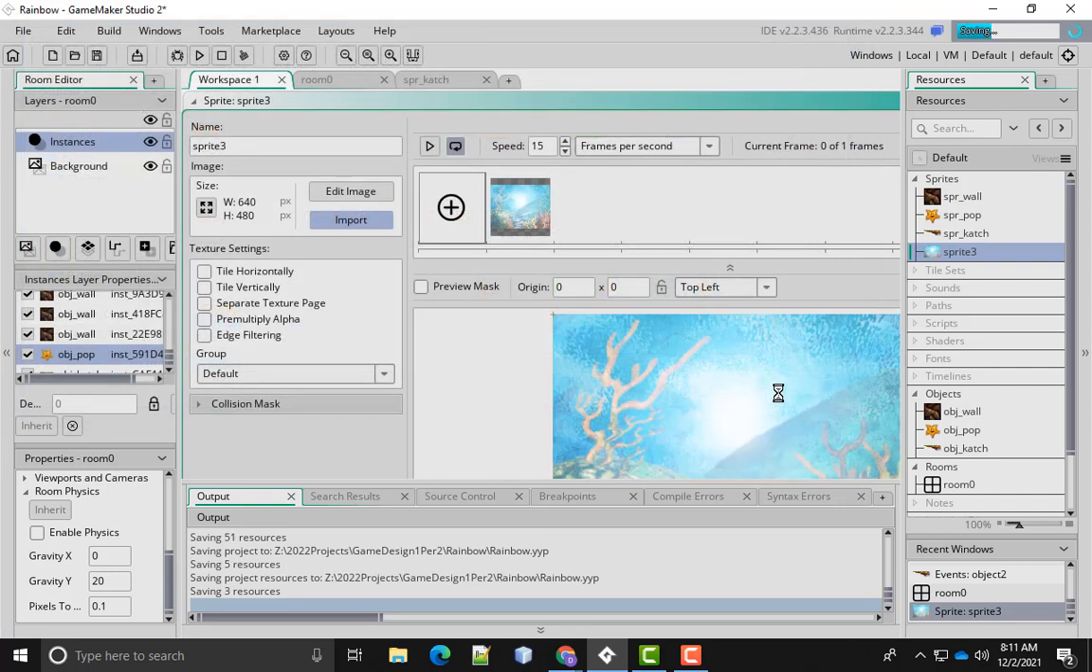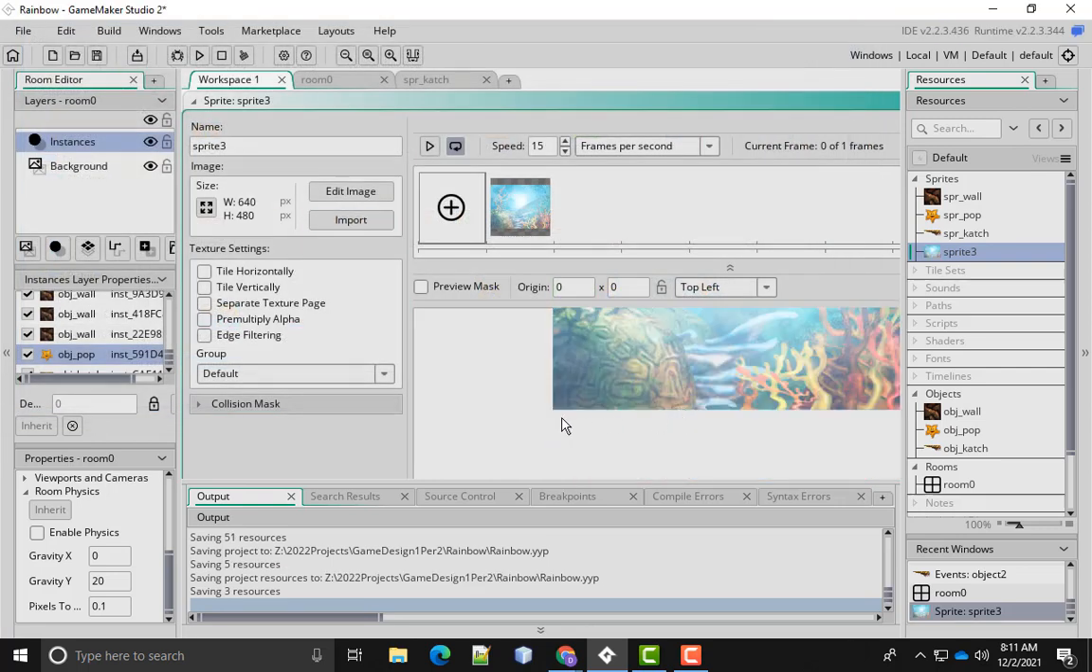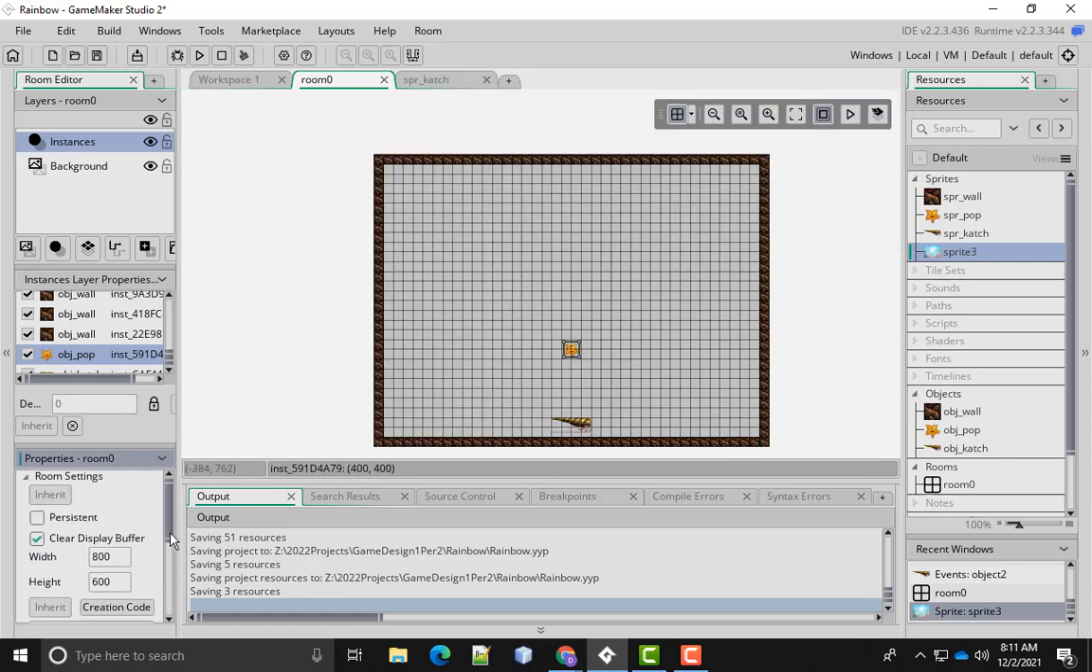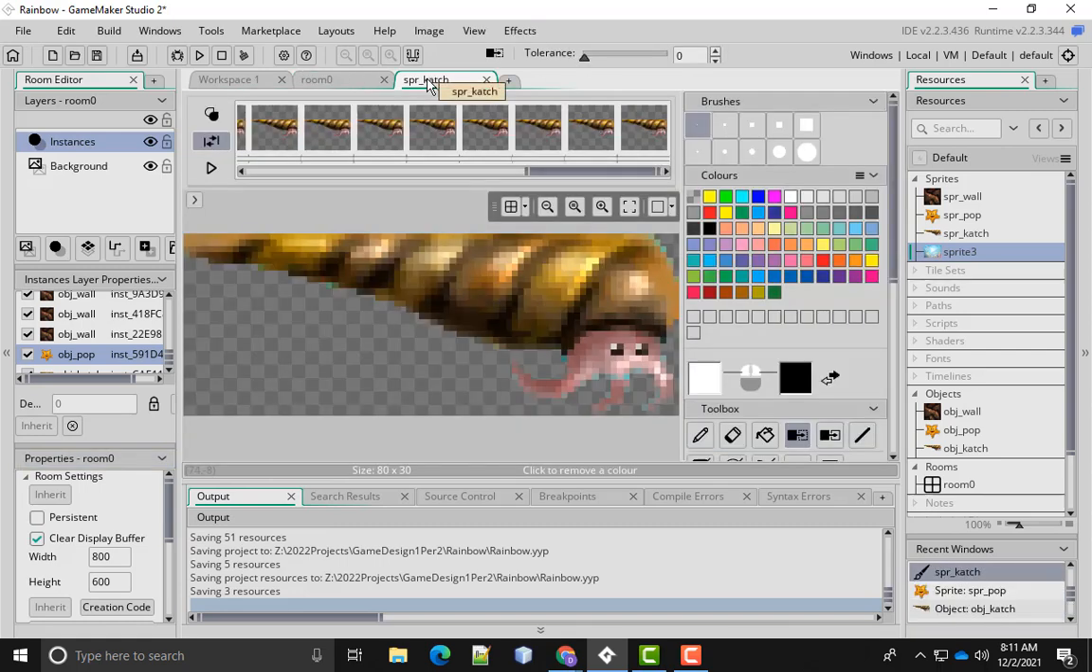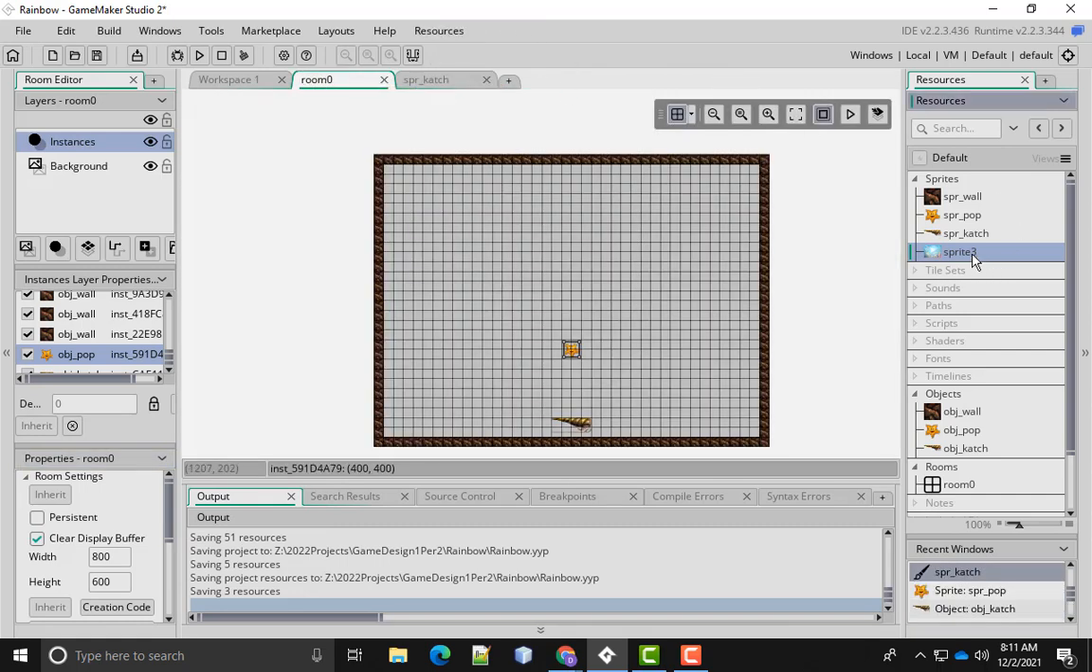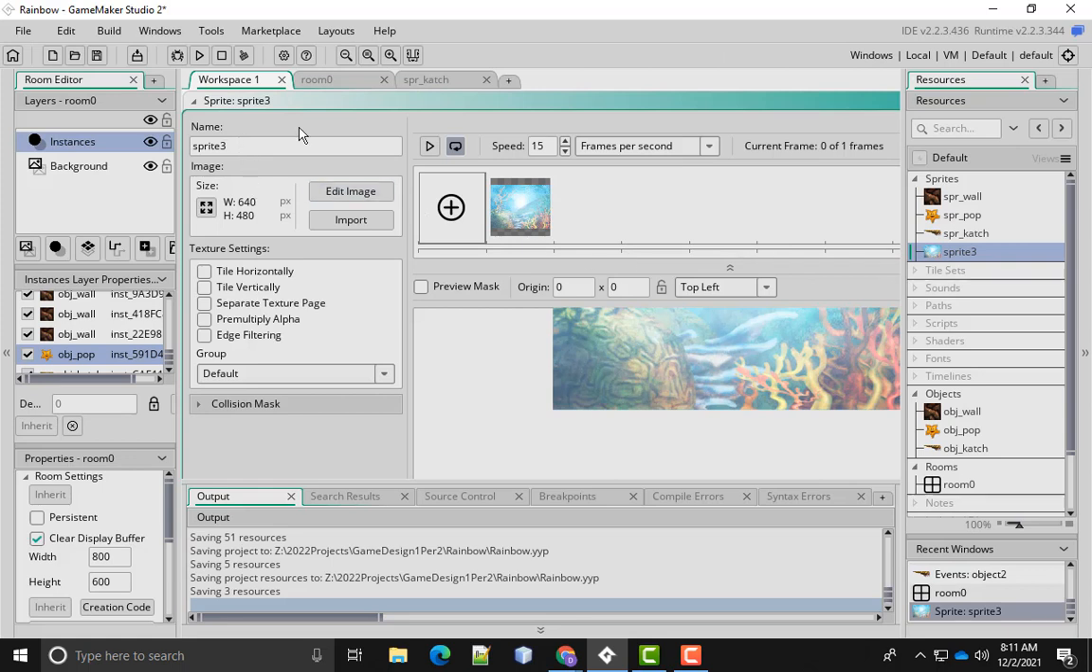Note that when we choose the background, the size of the background is 640 by 480. If we go and edit it, yeah, there it is, 640 by 480. Our room size isn't that size, though, right? Our room size, we said 800 by 600. So what I'm thinking on the sprite, we'll just call this sprite background, sprite underscore background. And then